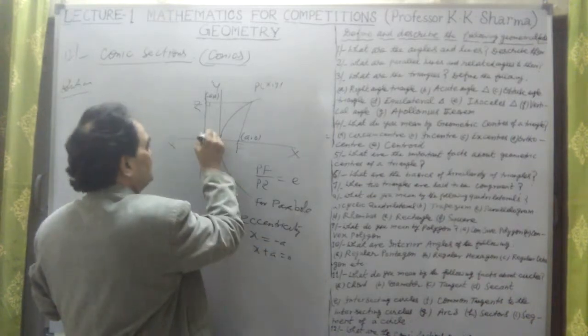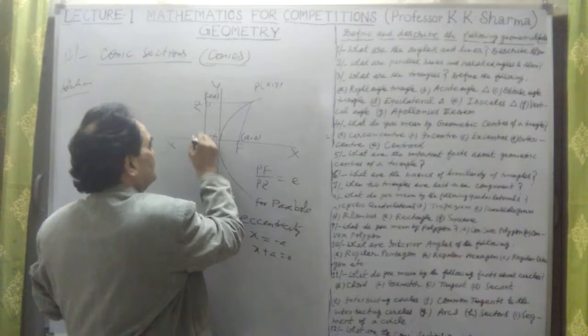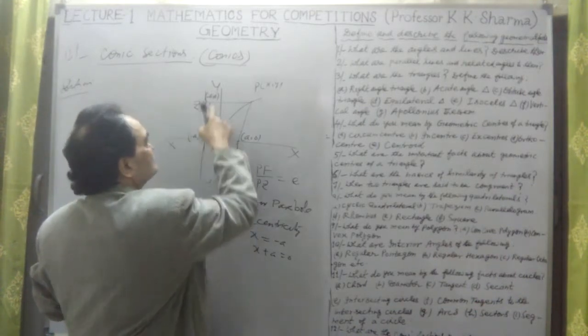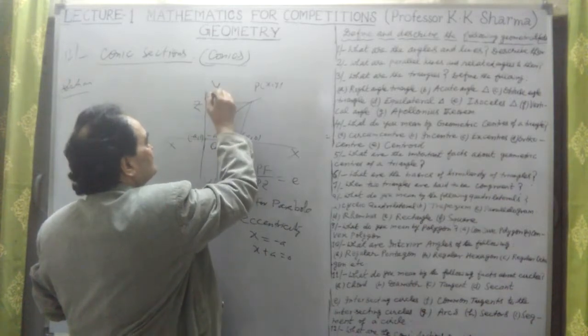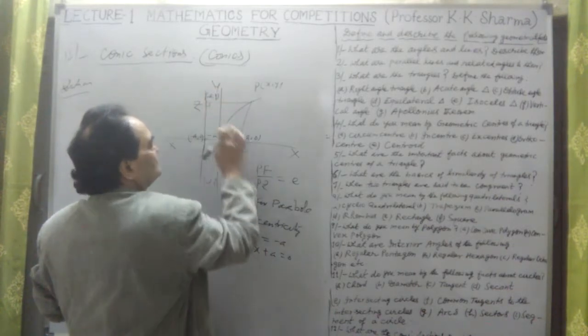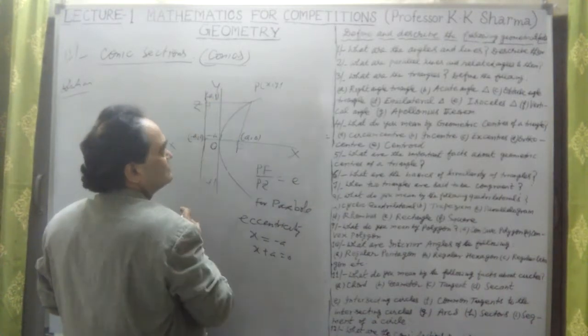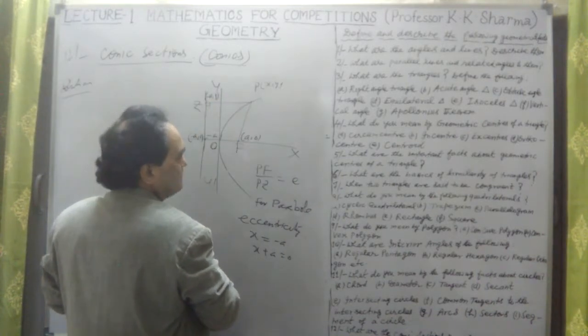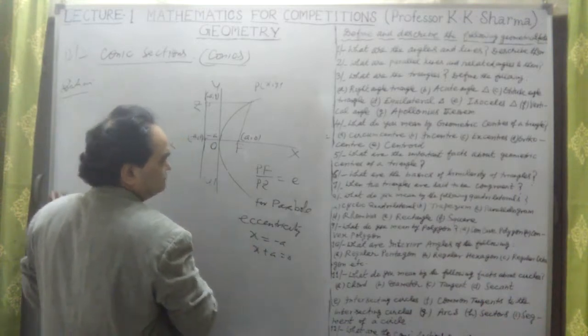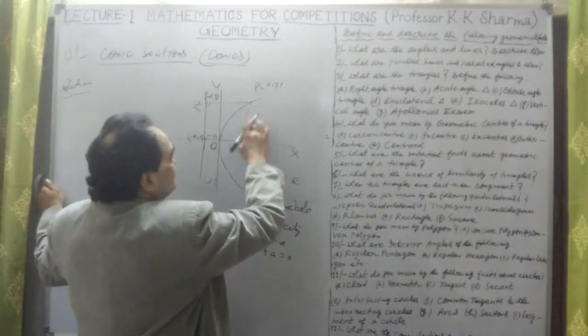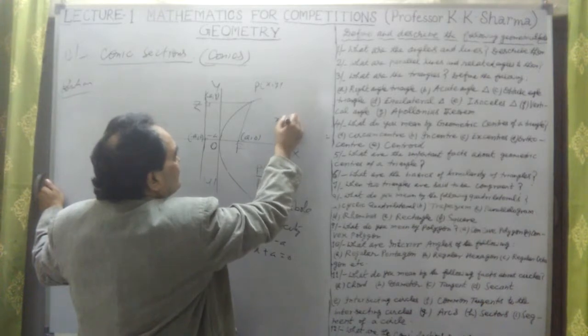In this case, this is minus a distance. Coordinates here are minus a and 0. And this is y we have taken here, minus a and y, because this height is y. Y is a positive coordinate, this is minus a and y. So what is the equation we finally obtain? This distance is x minus a,